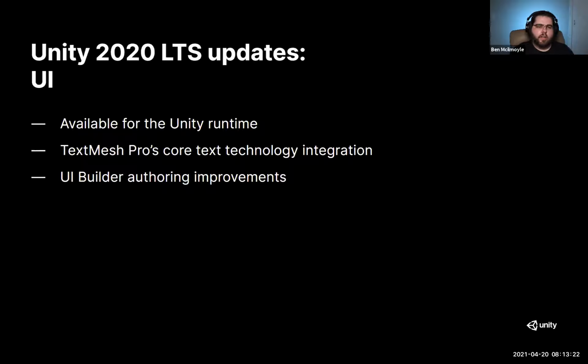Over in UI, we've got updates with TextMesh Pro. That technology is being integrated into the UI toolkit as a way to render fonts. TextMesh Pro has been around for a while, but we'll be seeing it integrated more and more into the engine for sure. For the UI builder, we've added several usability improvements as well, such as multi-selection support and in-place text editing directly in the canvas. So again, a lot of time saving, making your life easier and making things quicker as you build out your projects.